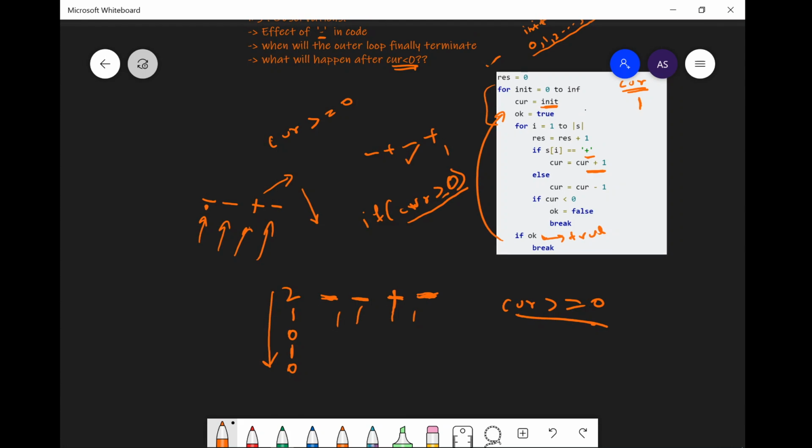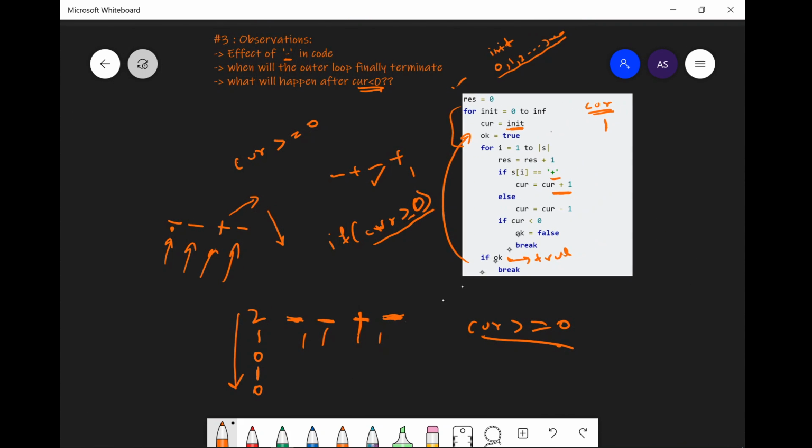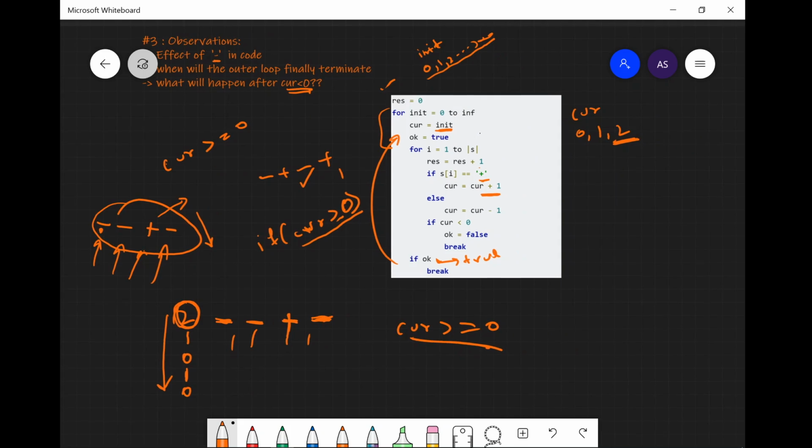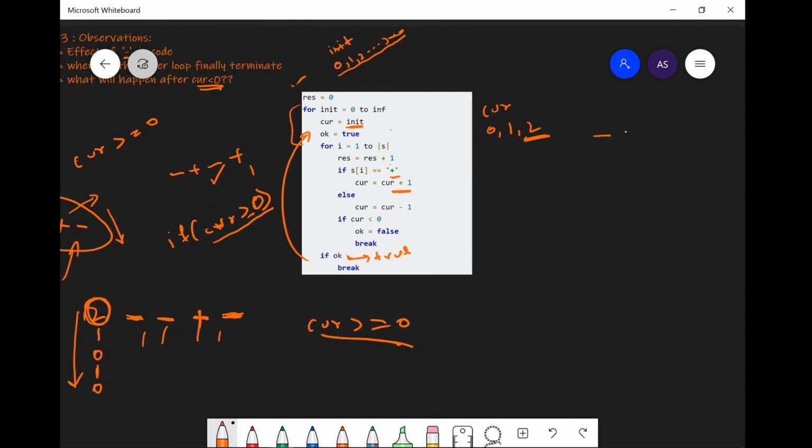So this inner loop will execute until this starting value is reached, meaning you would be starting with current equal to 0, 1 and 2. When the value 2 is reached, for this example the loop will terminate and we will be executing here. And in this process res is incremented by 1.